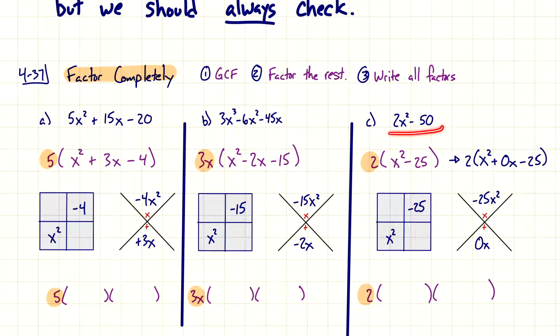The last one, you'll notice this is one of those that have a term missing, but we were still able to take out a common factor, 2, and then x squared minus 25 has a missing term, which I included here as well. All right, so you still have 3 terms, and I included that in the models as well, the tools. All right, so I'm going to let you try those, and we could go over the answers to